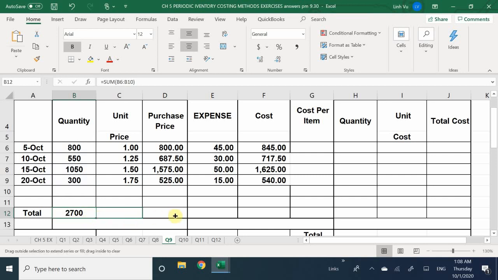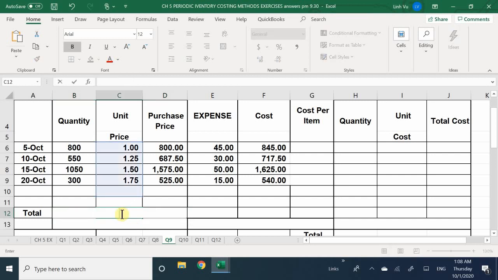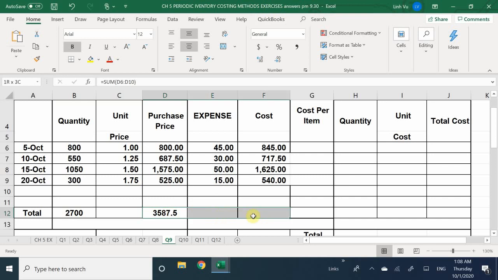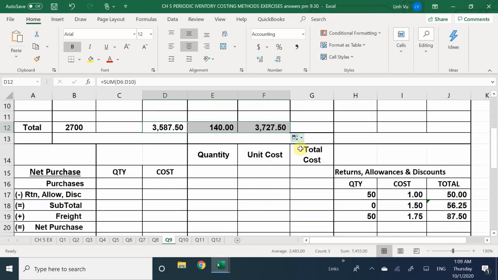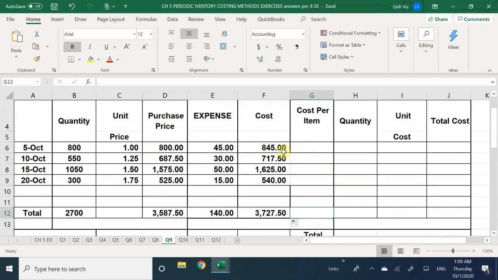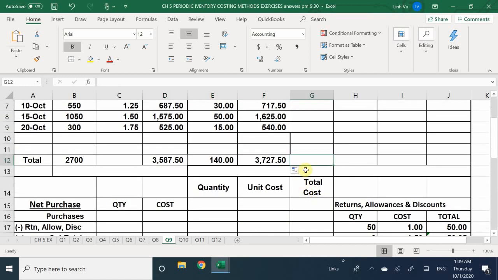Okay, and my total purchase price is going to be a total of $3,587.50. We got our total freight of 140, bringing us a grand total of $3,727.50. Okay. So with that being said, we cannot actually find our average cost per item because we have one